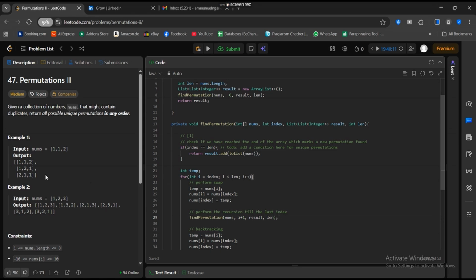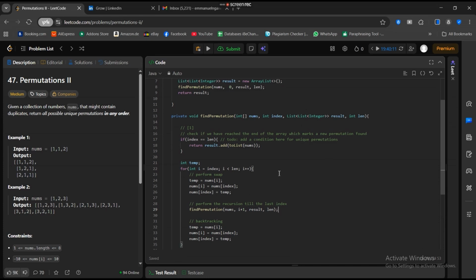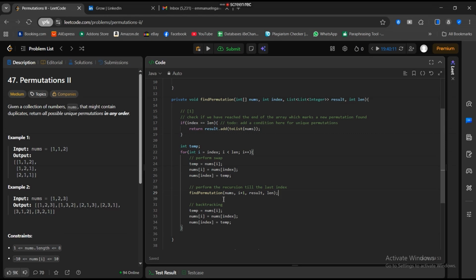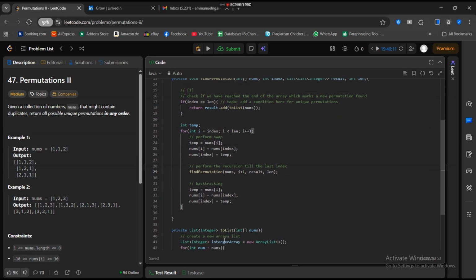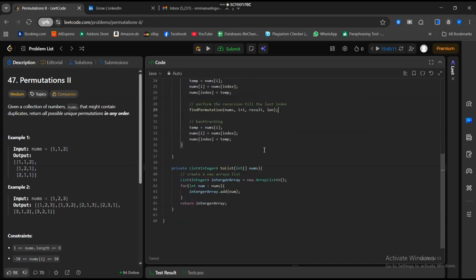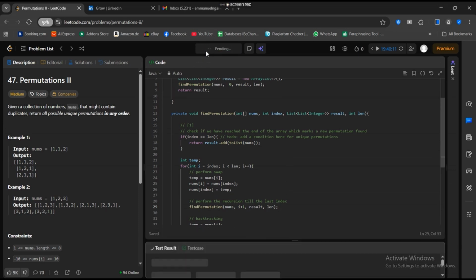Remember, the length is never going to change. We're always working with the same fixed number of length. So rather than calculating every time, we should just calculate it once and do the recursion with the length, stuff like that. And we do the for loop and we do the backtracking, and then we escape. Yes. Now, I think this should work. Right? So if we try that,